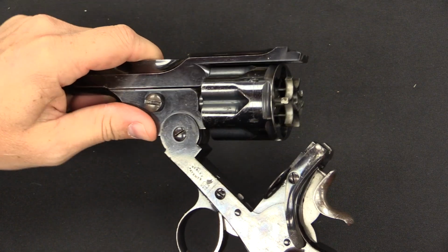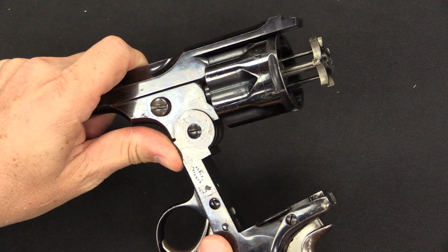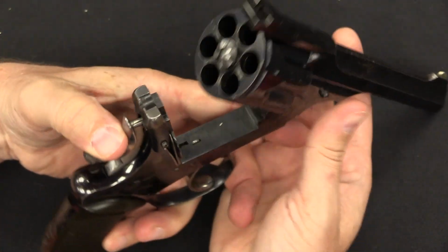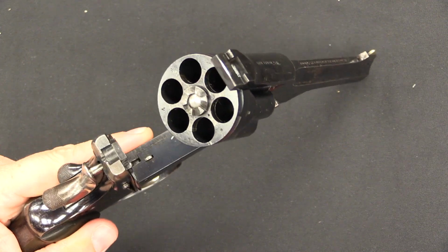And when you open it, there is a spring in the center ejector, and it will push all 6 cases out, eject them all, and then snap back into place, ready to be reloaded. So this is the style of revolver that was, I think, definitely the best tactical gunfighter sort of military revolver